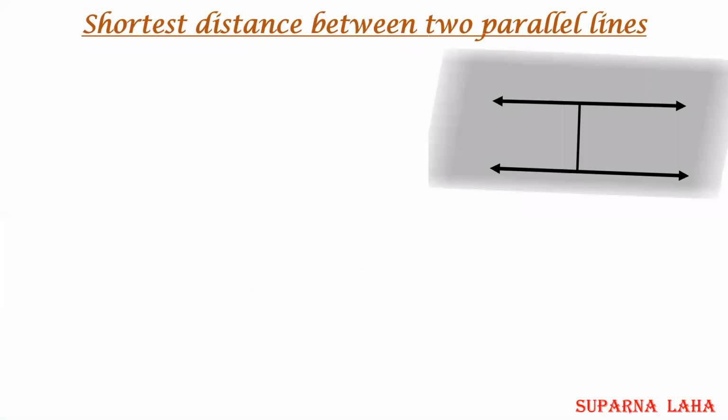So using the vector formula, you can easily find the distance between these 2 points. Now if 2 lines are parallel to each other, then we need to find the distance between them, or the shortest distance between them. Maybe the 2 lines are on the same plane, or may not be on the same plane. So first, here also 2 forms are there. One is Cartesian form, one is vector form.